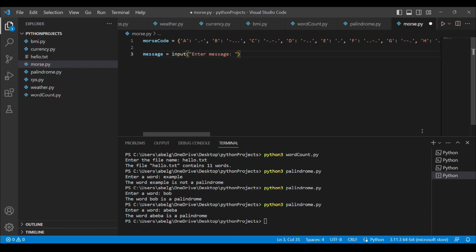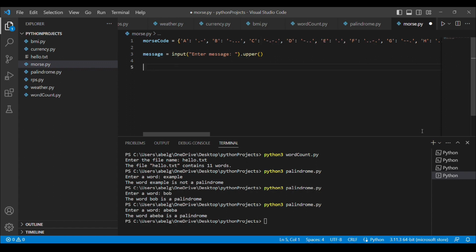Why is this? Since the dictionary above uses all capital letters, we need the message to correspond to that. So as soon as the user inputs a message, we're going to convert it into uppercase using the dot upper function. Now we have the user's input converted into uppercase.